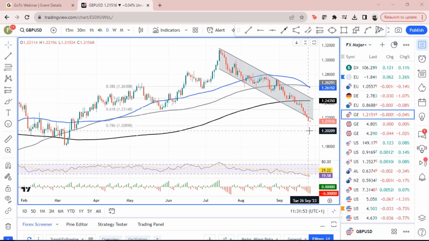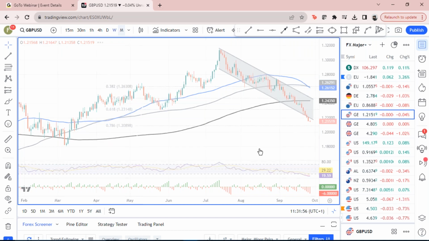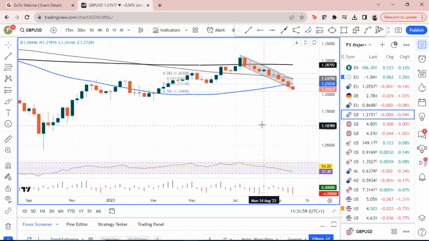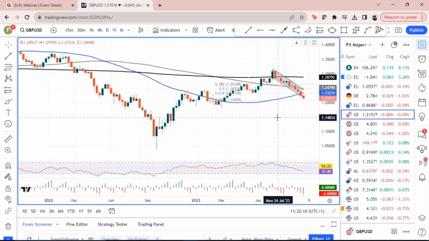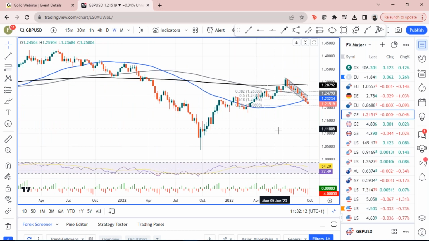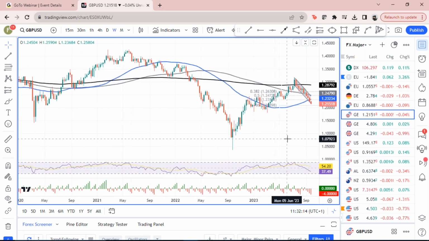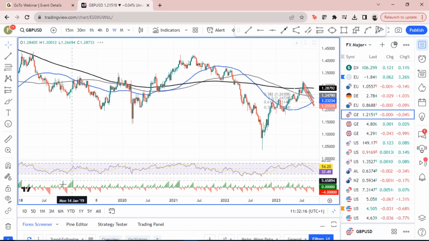Consecutive days of losses, we don't get those often. And if we look at the weekly, I know there have been one or two weeks of gains, but they were very marginal, especially the end of August gain. So four weeks of losses. We haven't seen greater than that. You can see going back to probably